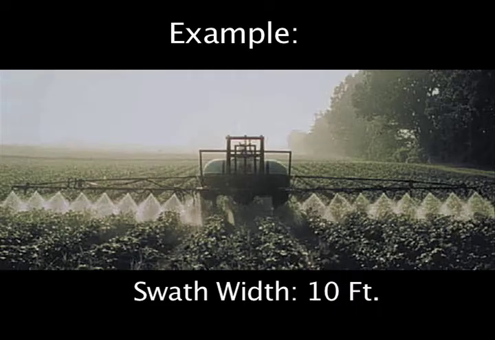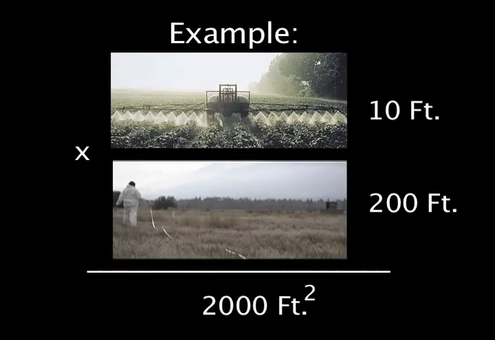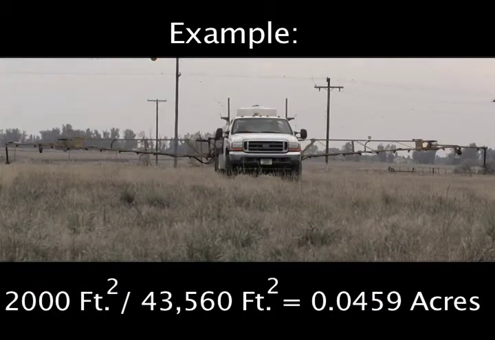For this example, suppose we have a swath width of 10 feet. Multiply 10 feet times 200 feet for the length of your test strip. The area is 2,000 square feet. To determine the acreage of the test strip, divide 2,000 by 43,560. This gives us an acreage of